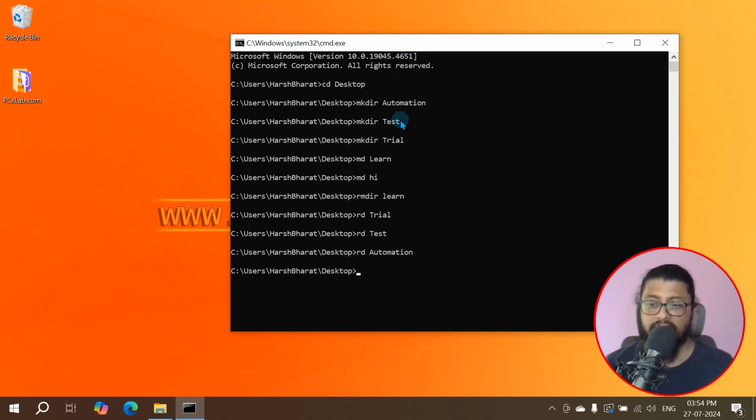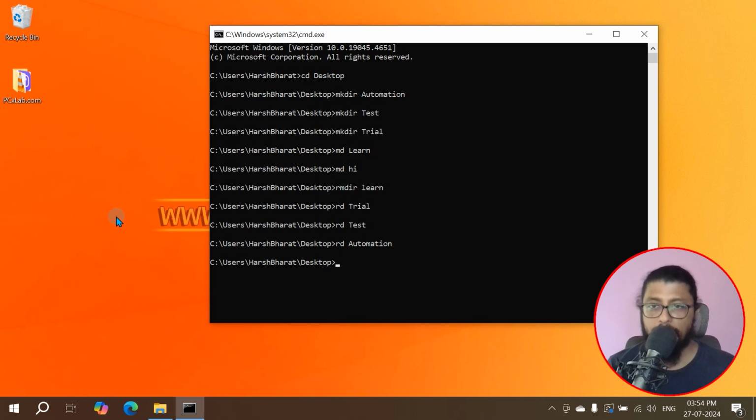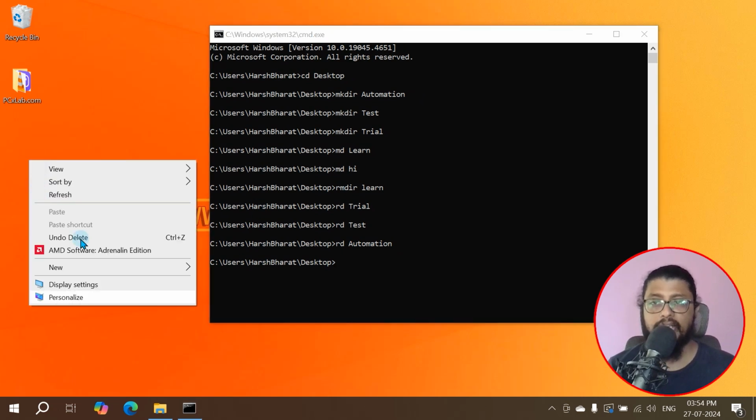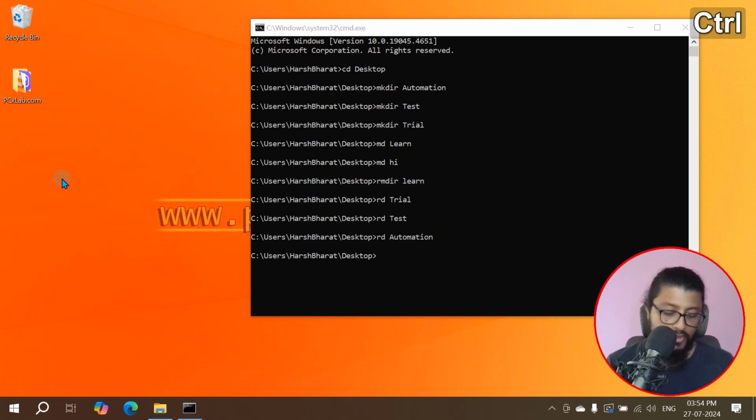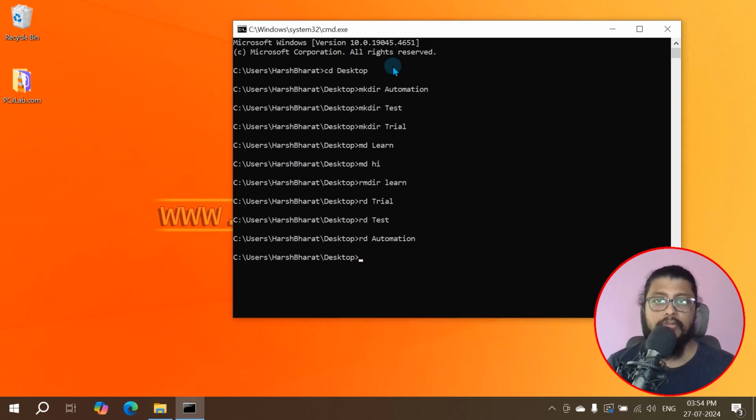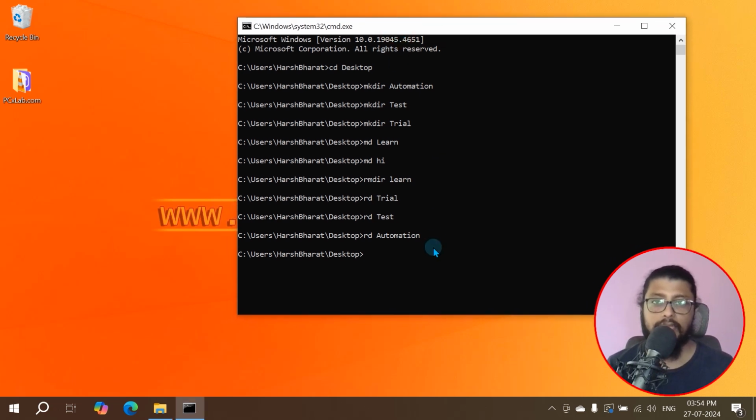But for this training we do need these folders. That's the reason we are creating the folders again. I'm not going to do the manual right click, new. And one more shortcut you have, if you are interested: Control Shift N will give you a folder and then you can type a name. Fine, but I would rather go with the command mode.